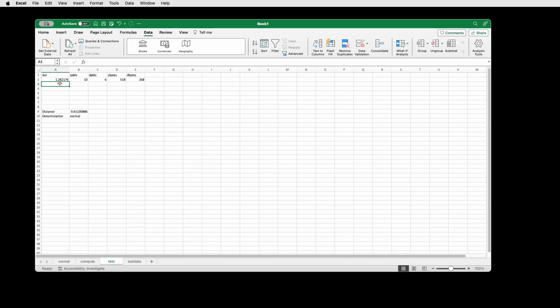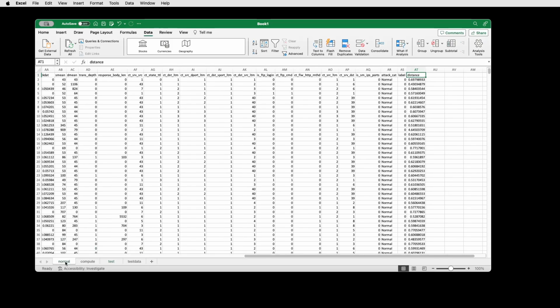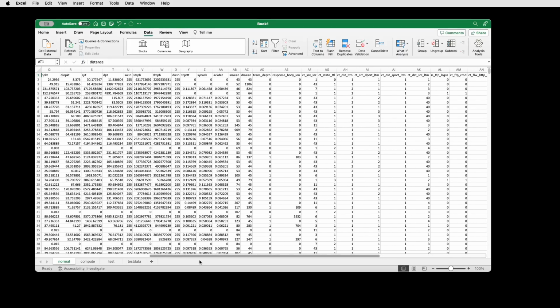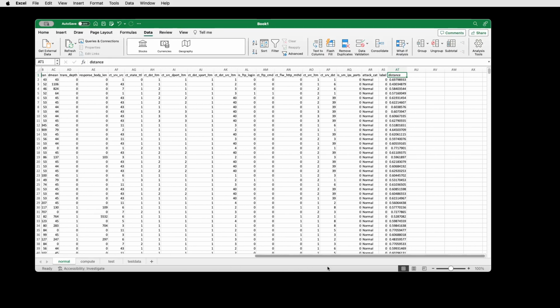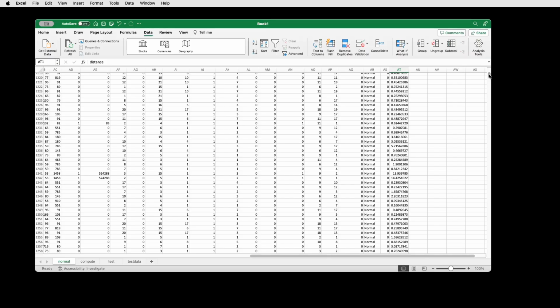So what that's telling me is I need to find other columns. I need to find other features in our data that help to discern normal versus not normal traffic. There are a couple ways that I can do that. The first way, just because we're here in this manual process,